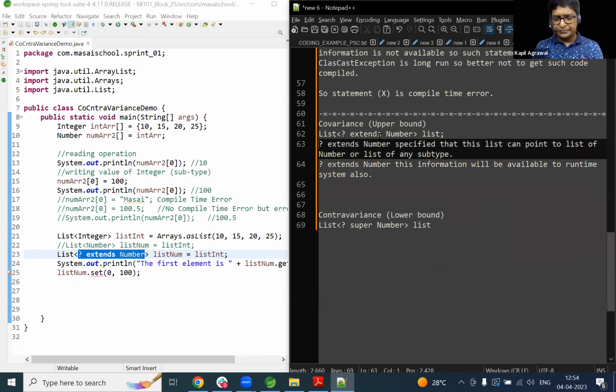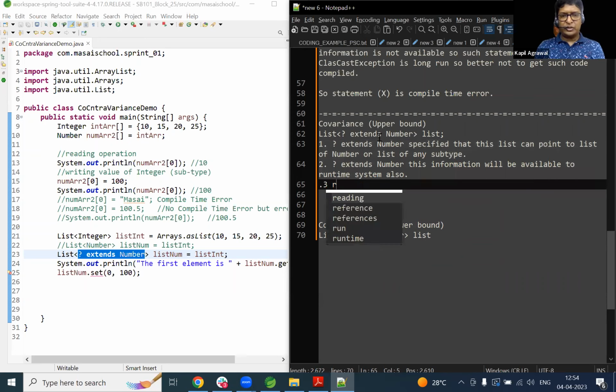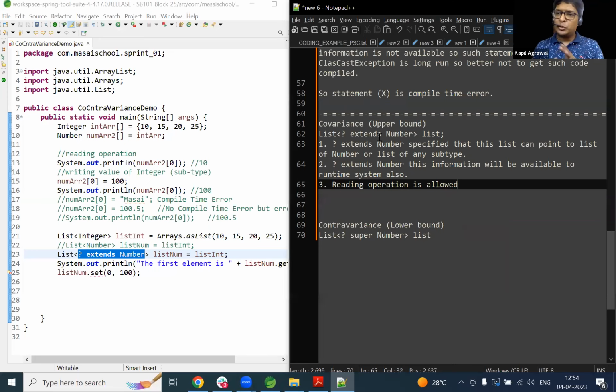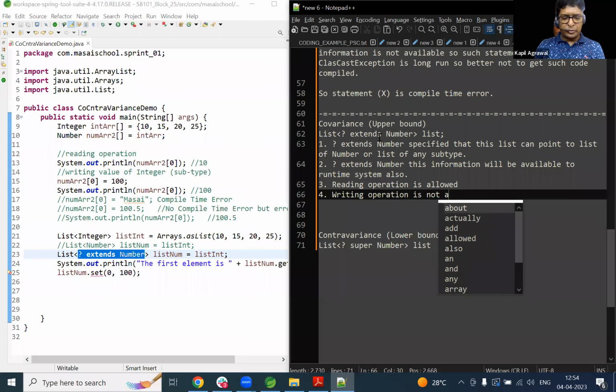Both pointers clear, everybody? Go through both pointers. Both points clear, yes or no? Comfortable, everybody? Two pointers that I have written. Okay. The point number 3 I am writing. The point number 3 is that if I'm talking about the reading operation, then definitely reading operation is allowed. You can perform read operation, there is no problem. But the fourth point, if I'm talking about the writing operation, then you can see that writing operation is